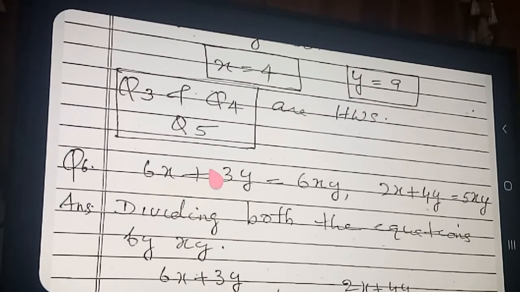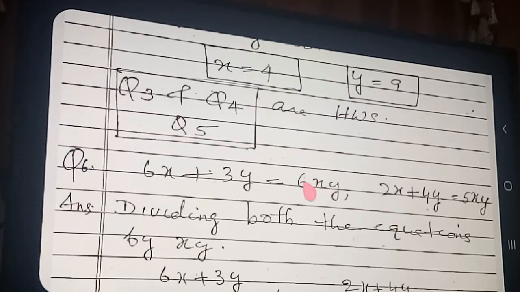Now next question, see, this is also a different question. Here you can see x is linear, here y also degree 1, but here you see xy, what is the degree? The degree of x is 1 and degree of y is 1, so 1 plus 1, degree 2. Therefore, any question like this you observe, you have to divide throughout the equation by xy, so then we will get the 1 by x, 1 by y format. After getting the 1 by x, 1 by y format, as usual 1 by x you give as a and 1 by y you give as b.